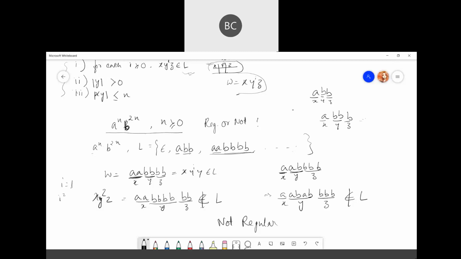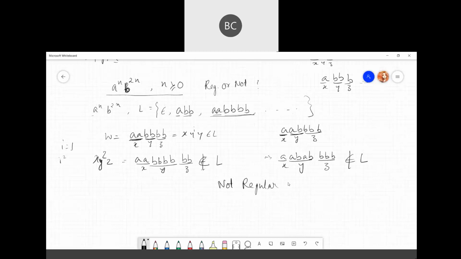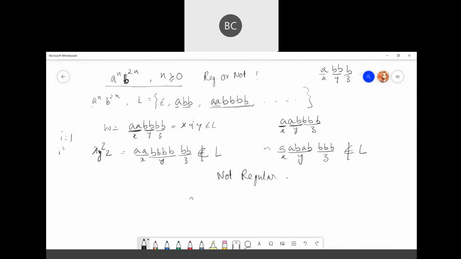So we can say it is not a regular language. Division you can make any way. For this one again, you can maybe take A, B, B, B, B. You can take this A as X, this part as Y, this part as Z. It doesn't matter.